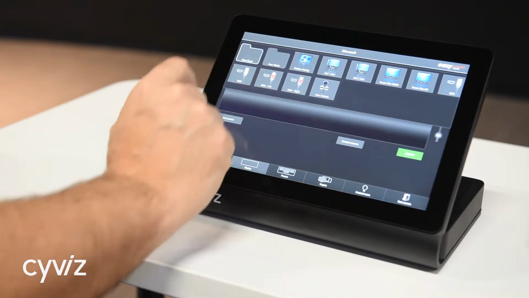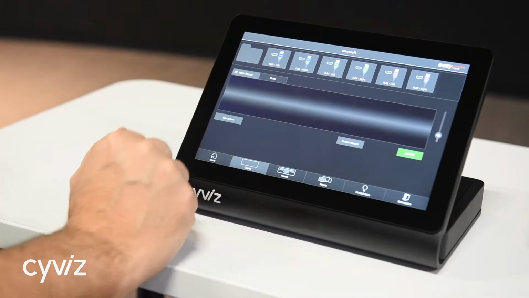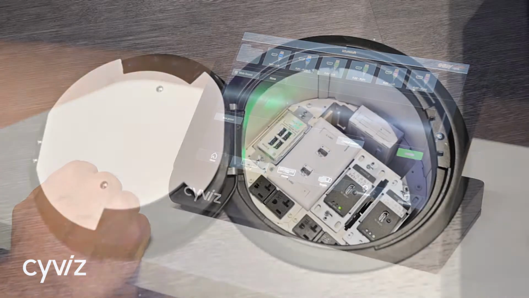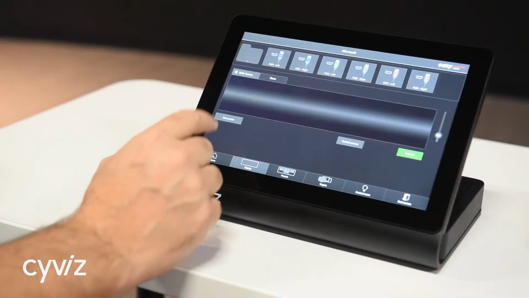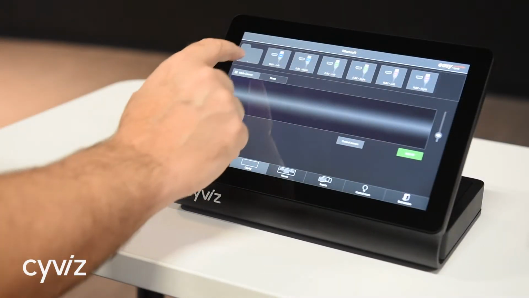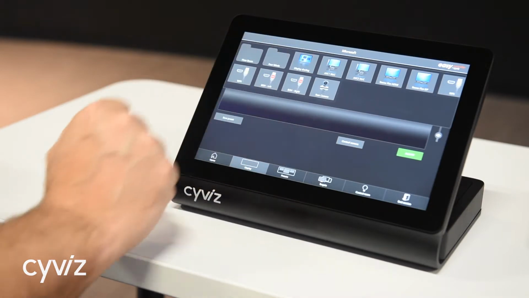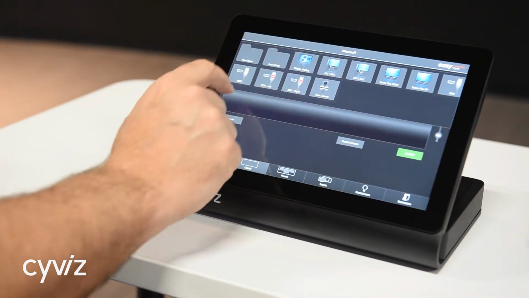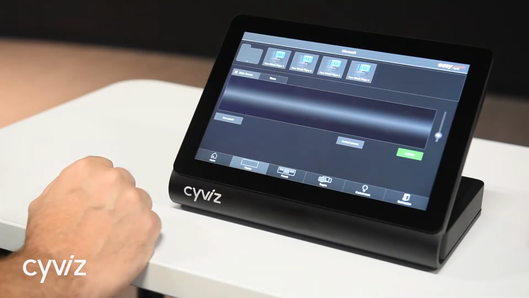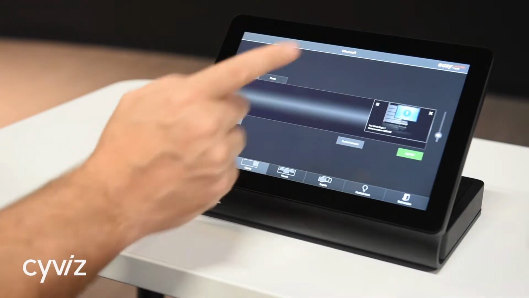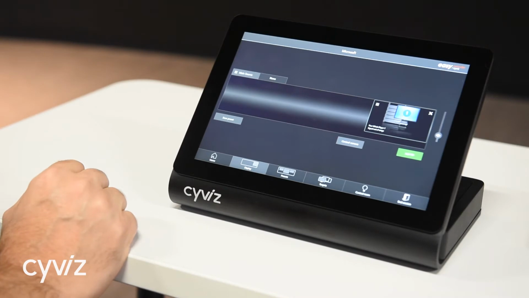The first one is floor boxes. You have 2 HDMI connections located at the front of stage on the left, 2 in the middle, and 2 on the right. They're all labeled and color-coded. Going back here, now if I click on 4 wins, there are 4 individual content players. So if I select one of these sources, it's going to appear here on the video wall, and I can